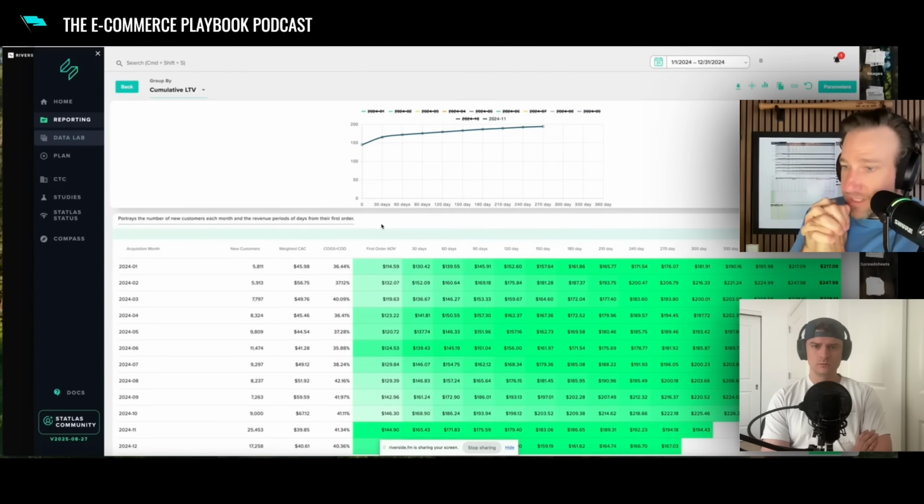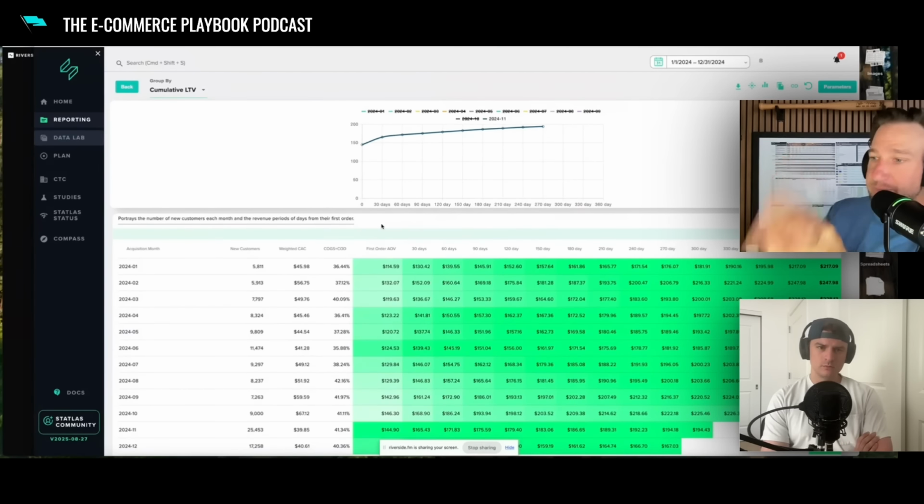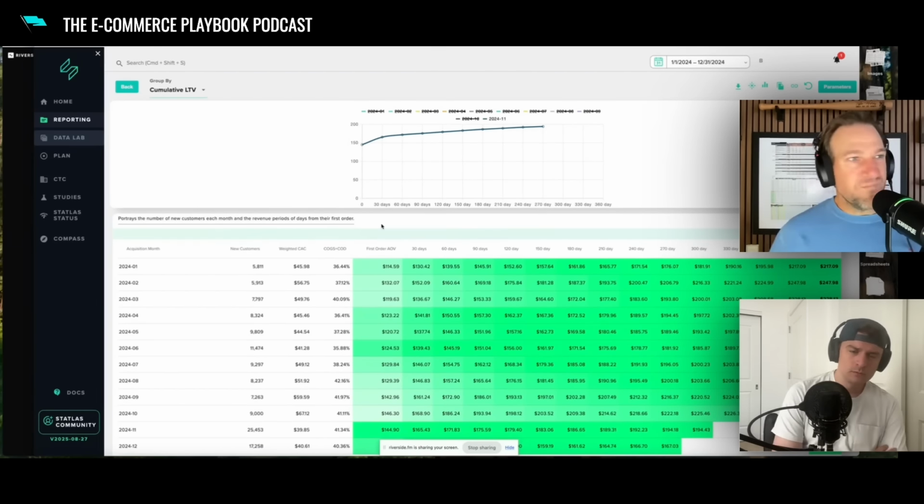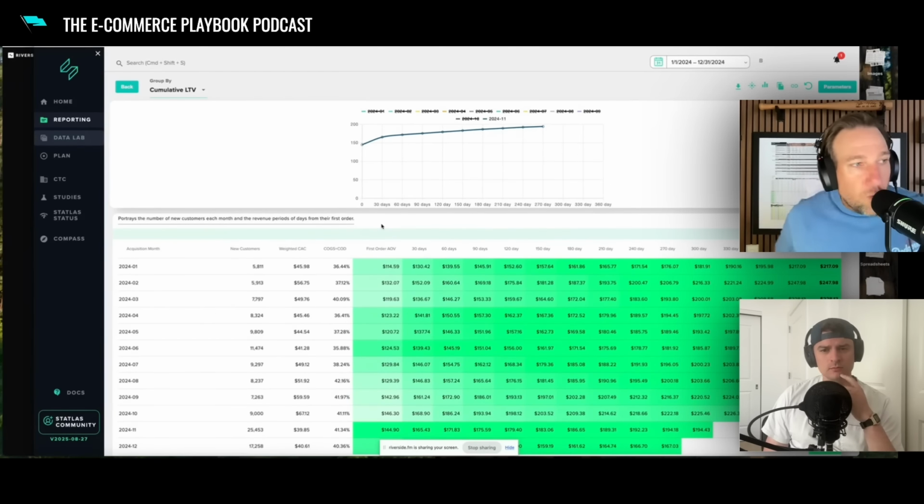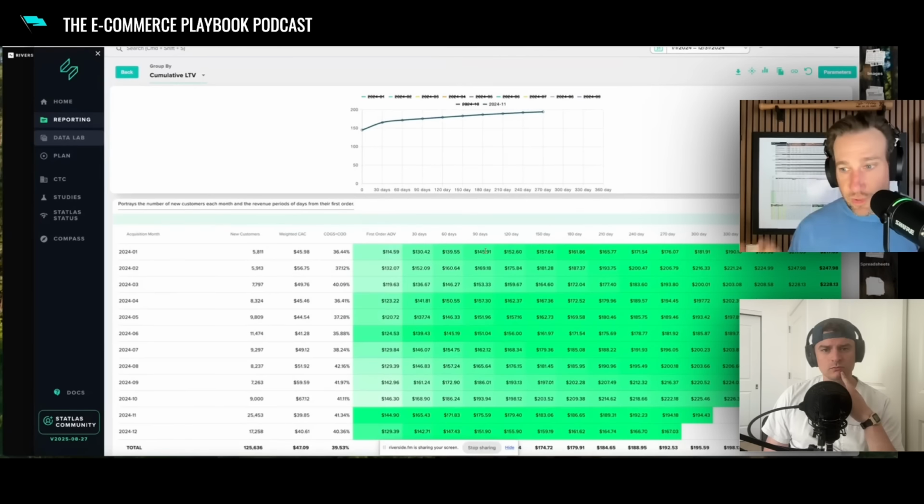Okay. And so what I want to show you right now is a very common thing that we see amongst cohort curves from gifting periods. This is especially true if your brand is subject to gifting at all. So what I'm looking at right now is a revenue over time chart. This is your traditional cohort view of customers worth X on day one. How much are they worth on day 30, 60, 90, et cetera? It's called a cumulative LTV report. So it shows you over time what a customer is worth on a revenue basis.